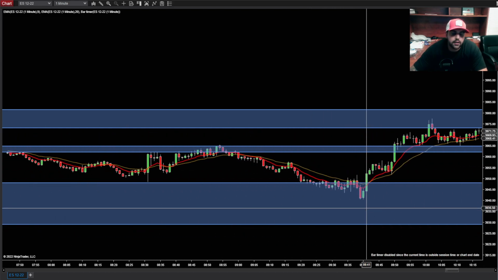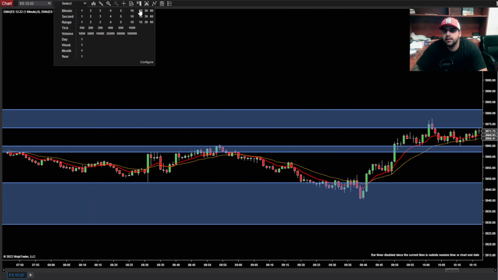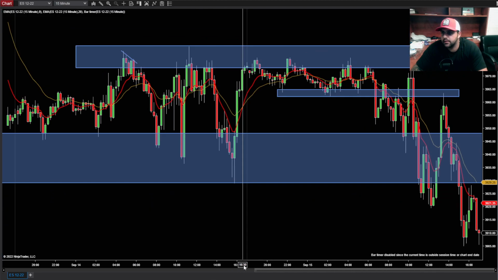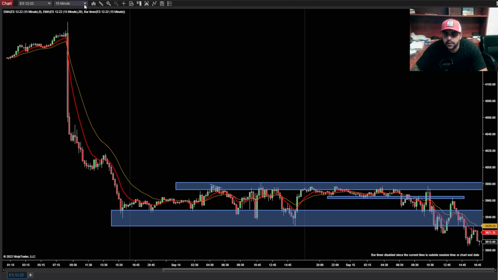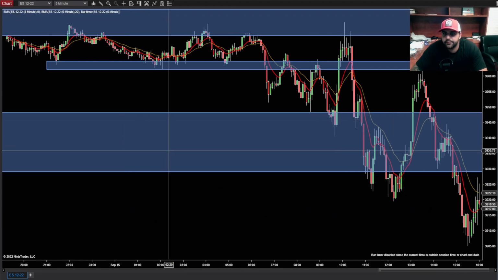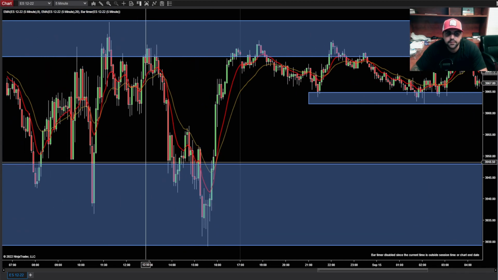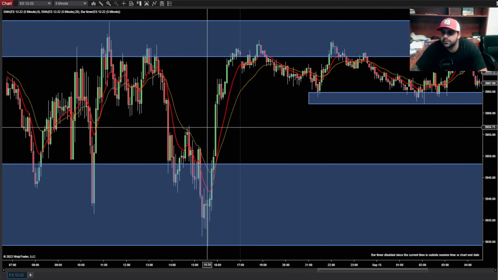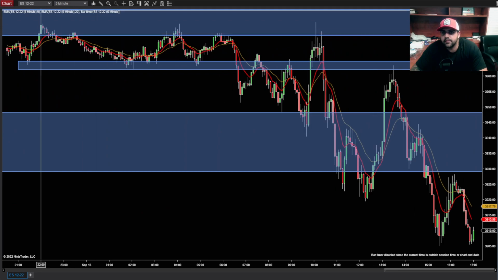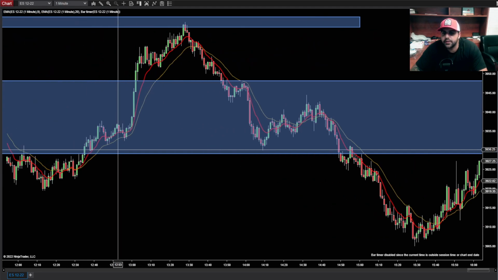That's how we do it. So we're going to look at the 15 first. That's the first thing we do. We look at the 15-minute chart and find those areas and create them. Then after we create the 15-minute areas, we go to the 5-minute chart and create the areas there. After we create the 15, you're going to see it on the 5, of course. And then for execution, we go to the 1-minute chart